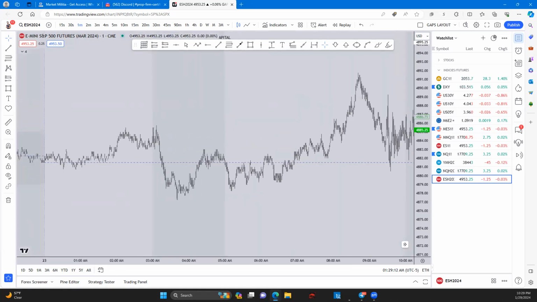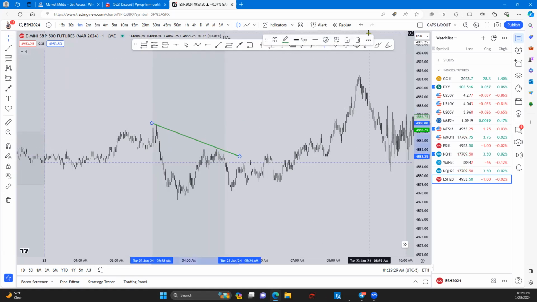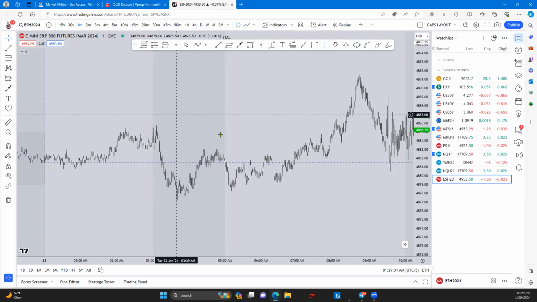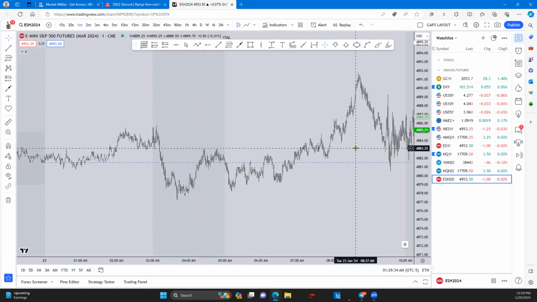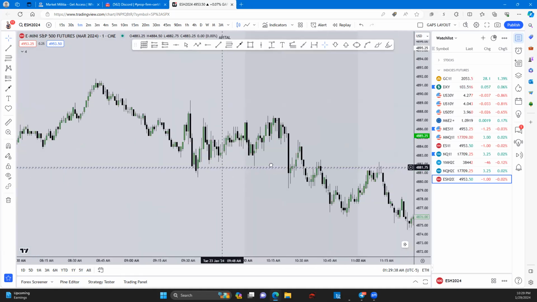Okay. Another confluence I like to add to this strategy is if London shows a certain direction, then about 80% of the time, New York is a continuation. Sometimes it is a reversal, so just be aware. But I'll look at London as a confluence and then look at our 9:30